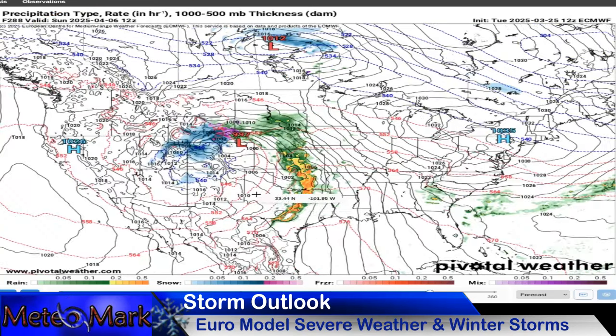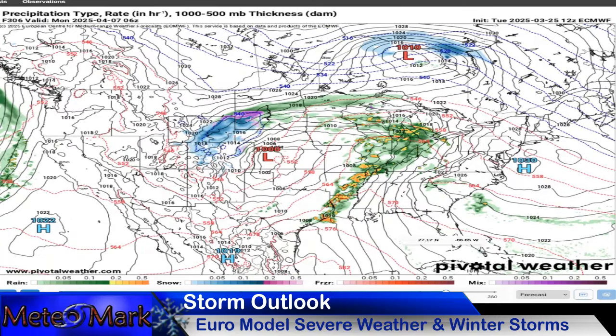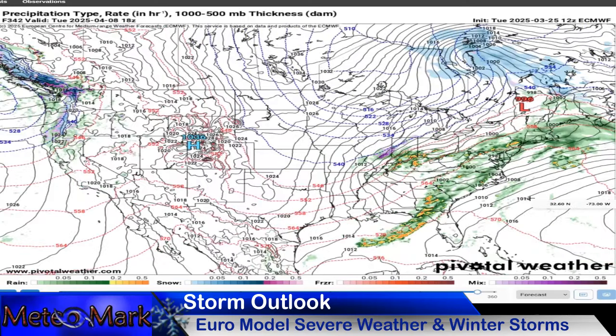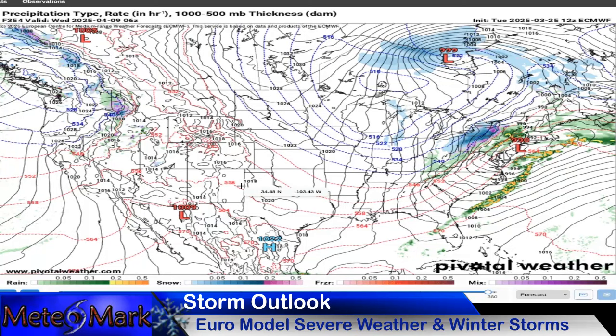These systems that evict off the plateau here in the mountains, this is where you really get this cranking. This could be your day for Texas, Oklahoma, up to Kansas. And this spreads eastward very rapidly. Severe weather threat increasing as this moves east. Also heavy rain threat increasing through April 8th and the 9th. You can see the storm system trying to...